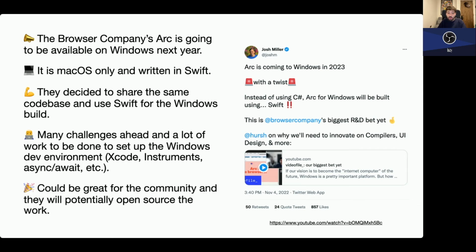And yeah, it could be great for the community. It could be great for the Swift language, and they will potentially open source all the work that they've done. So it's a very, very interesting opportunity, and it really shows how far Swift is going and how big it's becoming, and how much potential it's got for being a language that's used way beyond macOS and iOS development.